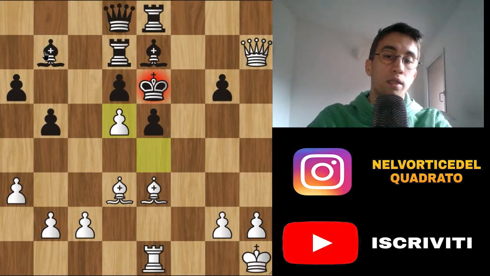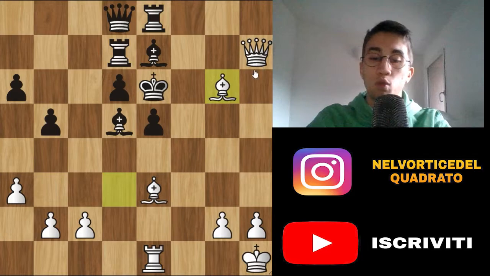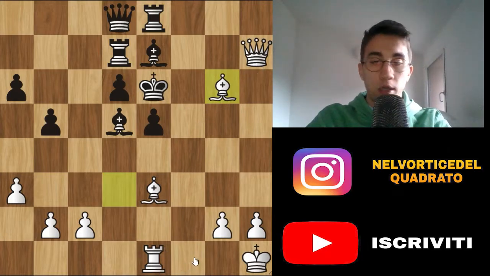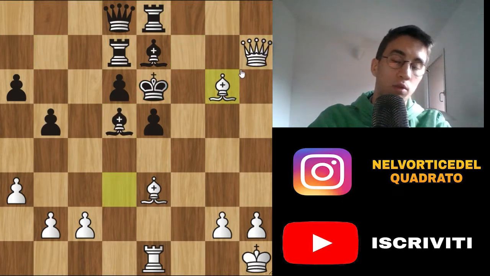Now you can capture with the bishop, but you can't, because here follows this bishop for g6, and now you have a lot of threats. You have queen f7 check, bishop f7, f5 check, so the rook can come on f1, so incredibly difficult. You can't move the bishop here because this is checkmate with the queen, and so a terrible position to defend. So you have to capture with the king,